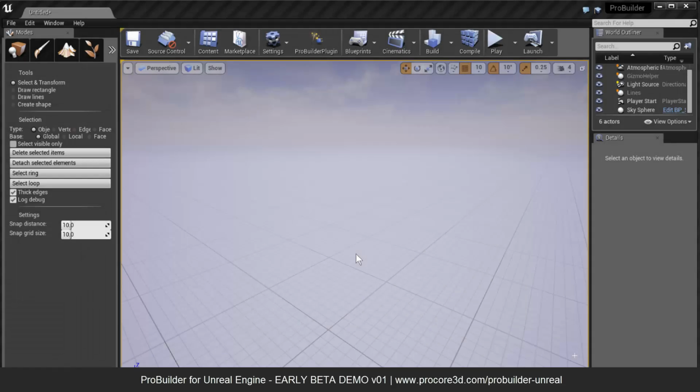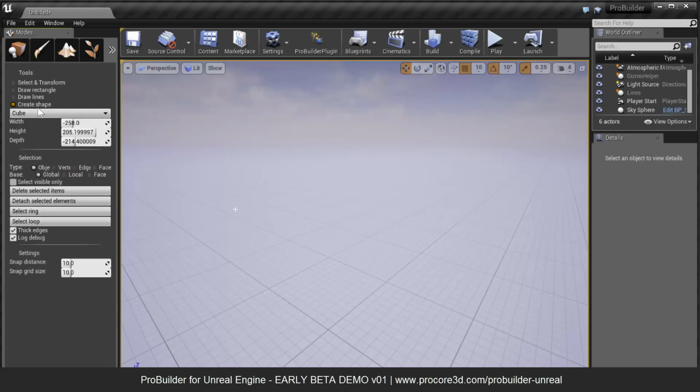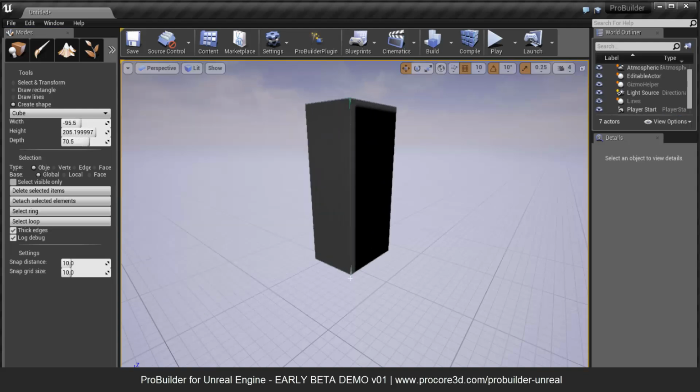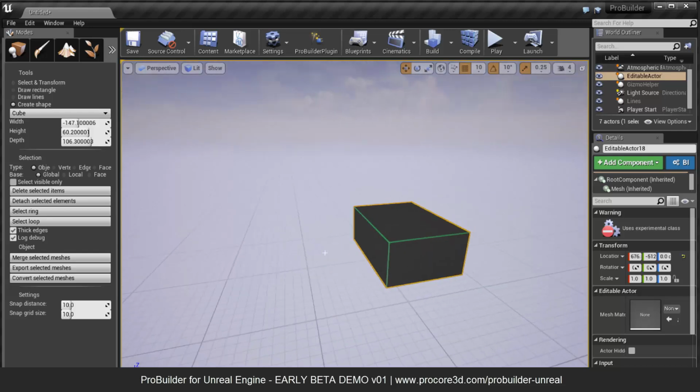Okay, so let's look at editing objects you've created with ProBuilder in Unreal. So first, make sure your selection type is object, and then under tools go down to create shape, and let's create just a starter shape to work with. I'll create a cube just to keep it simple. I'm going to drag select, or drag to create just a nice simple cube here,